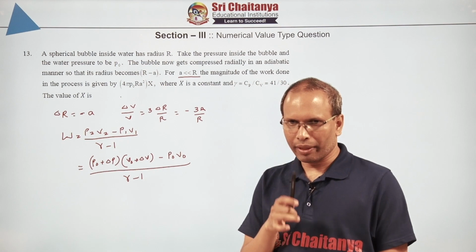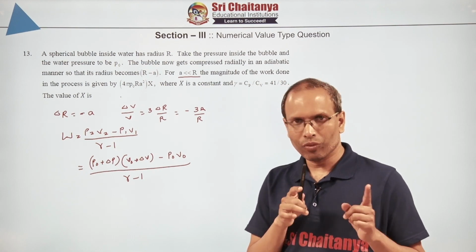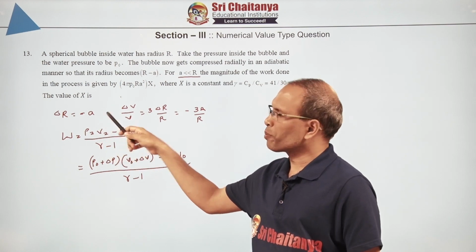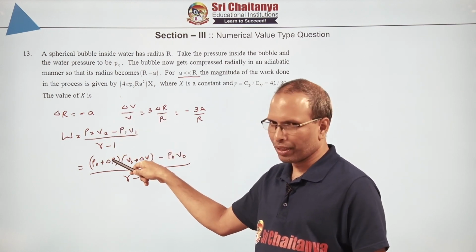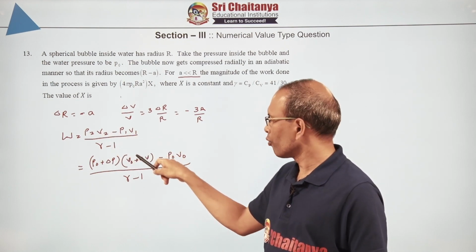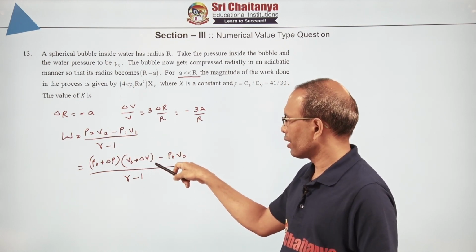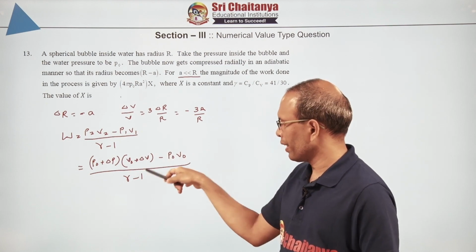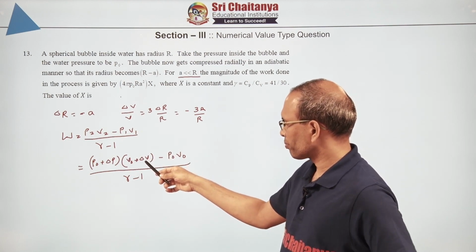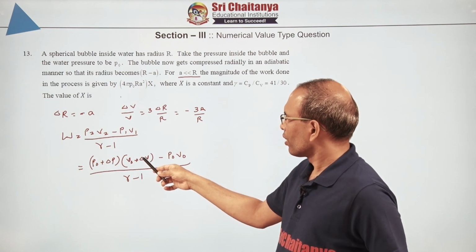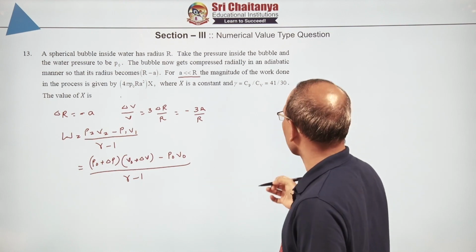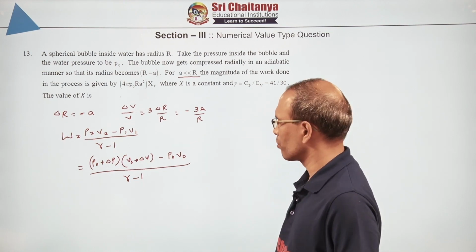I hope you understand what I am doing. Because the changes are very small, I am writing P2 as, suppose pressure is increased by a small value delta P, so the final pressure is P naught plus delta P. Similarly volume I am writing V naught plus delta V, and initial values P naught and V naught, by gamma minus 1. Now we have already the delta V value here. And we have to calculate the delta P value in this. So how to get the delta P value now? Okay, let us first simplify this.